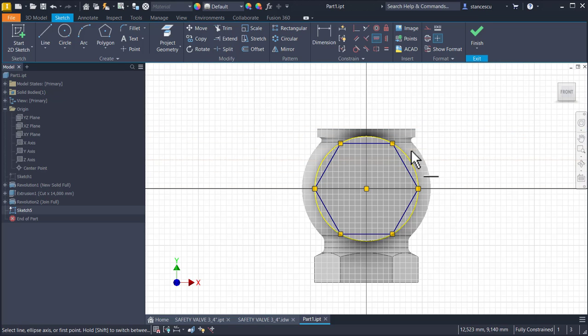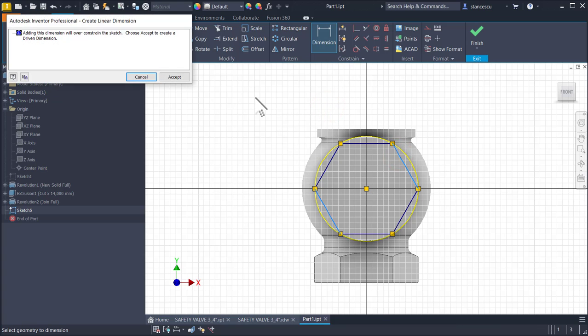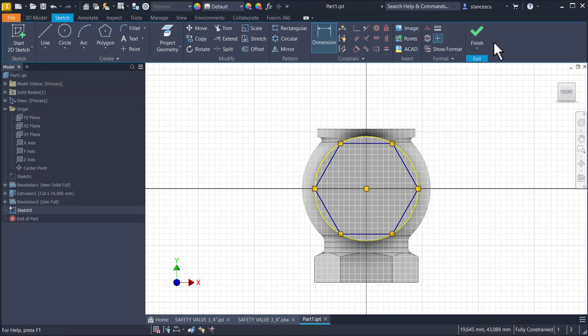I know now that this dimension is 32. Yes. Look, 32. If I click, this is a driven dimension. I don't place this dimension, but